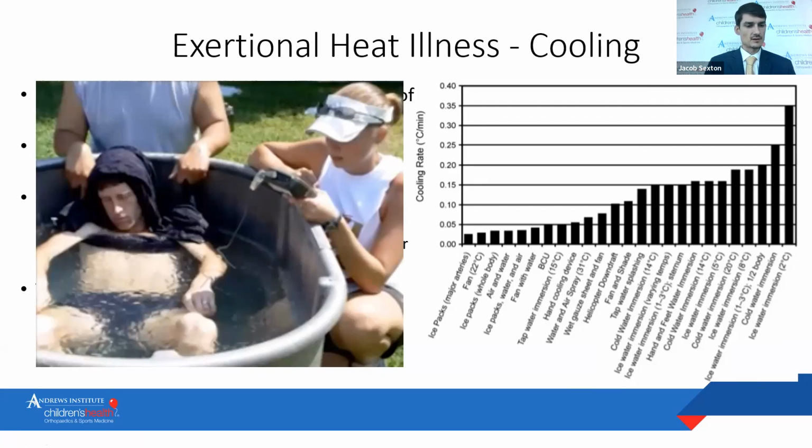The things you need to do beforehand: make sure they have the rectal probe or rectal thermometer appropriately placed. The other thing is, since the athlete is going to have altered mental status and confusion during that time, you need to be prepared to help assist them and prevent them from falling down into the tub. You can use a towel or a blanket placed underneath their axilla to hold them up in the tub. And sometimes with the altered mental status, they'll be combative, so having support staff there to help you prevent them from harming themselves and anyone else while they're being appropriately cooled is important.